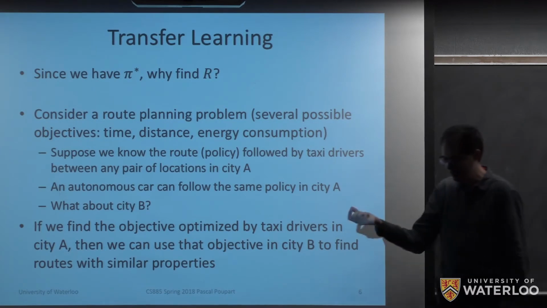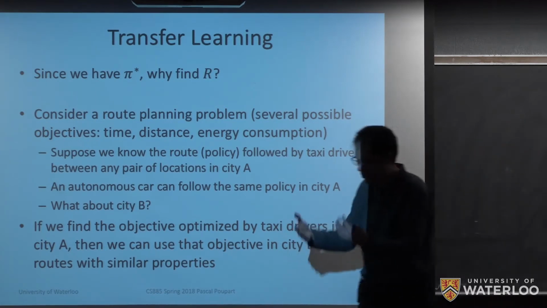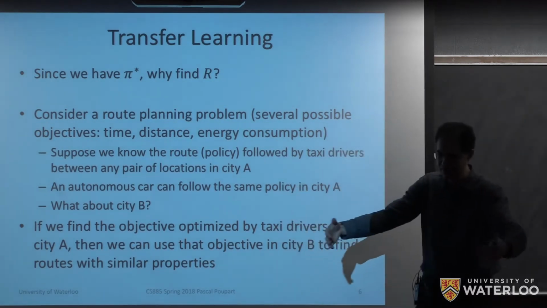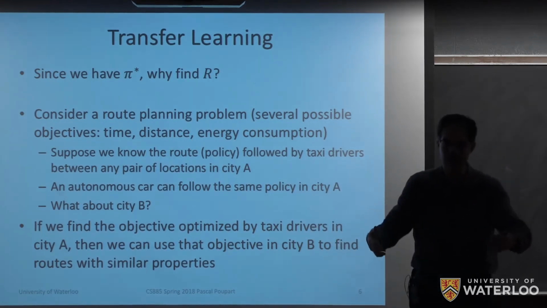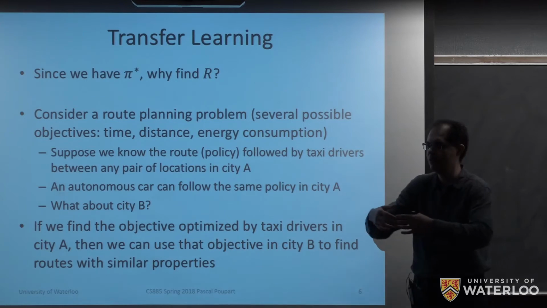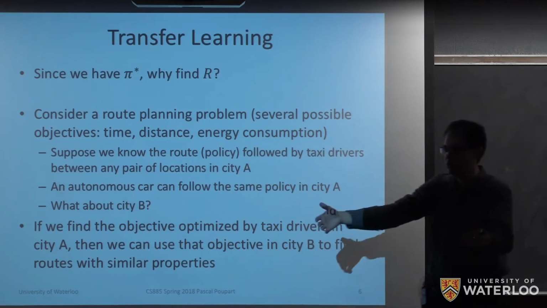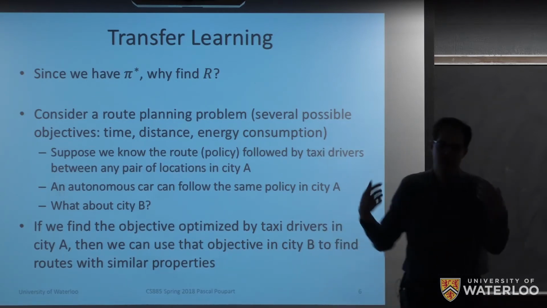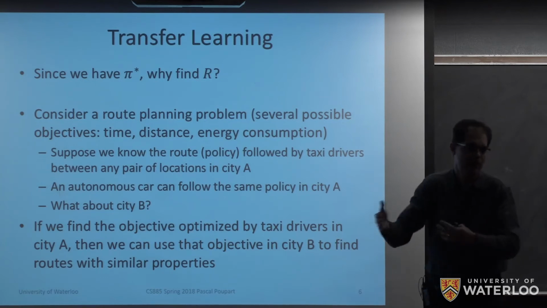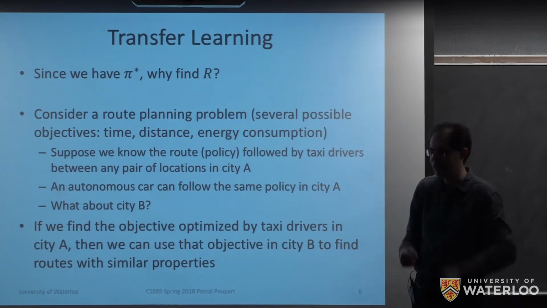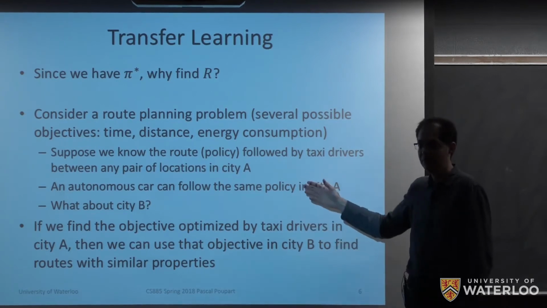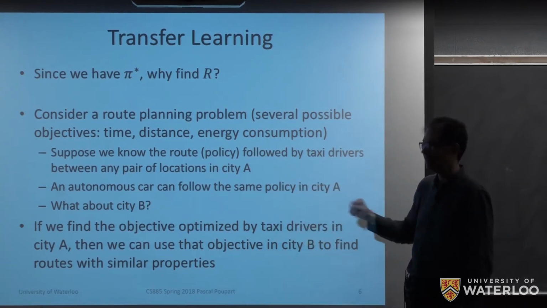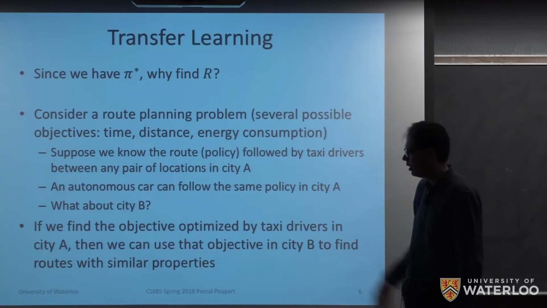Right? So in fact, as a driver, you live in a city, Waterloo, and you're used to driving here, but now let's say you do a trip and go to a different country and now you have to drive over there, right? Then you kind of know how to go about choosing some routes and so on, and you would be able to function. But now we'd like to have the same thing with an autonomous car,